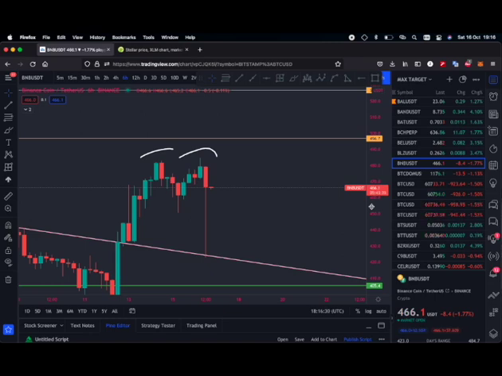Sorry, double top and boom, voila, everything just has to keep going down. The cascade starts happening. So now we want to challenge. We want to look into how to create a successful trade. This is very important. You're going to love this.